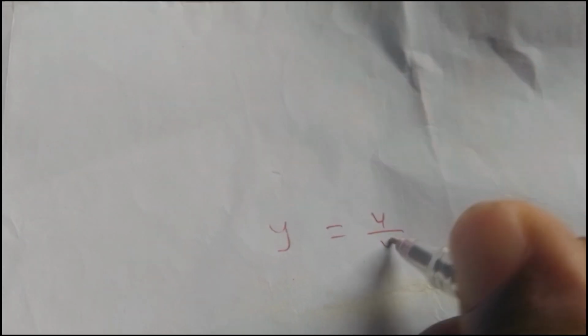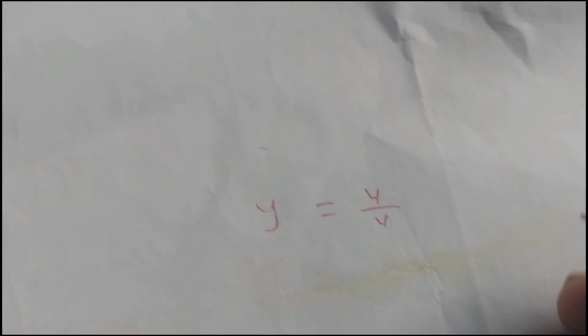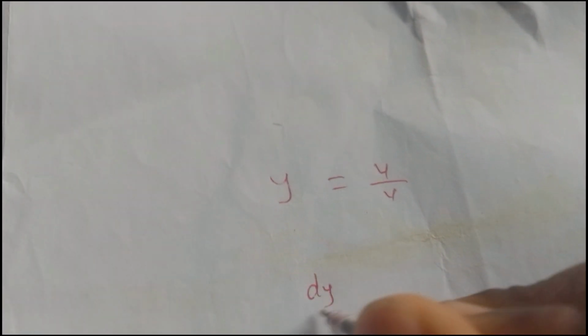Hello everybody. In today's video we'll be talking about differentiation and how to solve them, and particularly we'll be focusing on the quotient rule. Now, what is the quotient rule saying? The quotient rule is saying that when we have two functions dividing, u over v, and we want to find the derivative dy/dx,